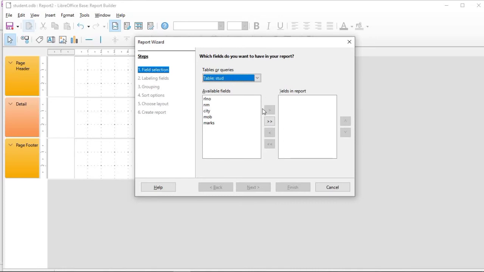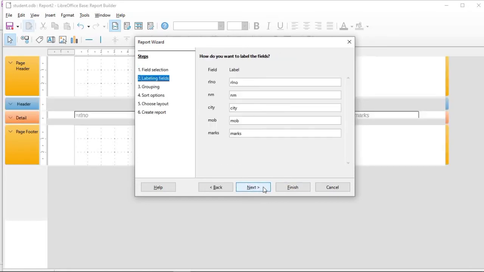Suppose the student table is there, from that select the fields, click on the next button, then specify the labels here: city, mobile number, and marks.